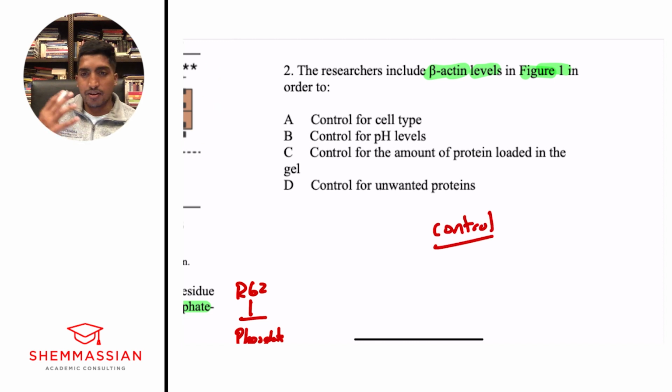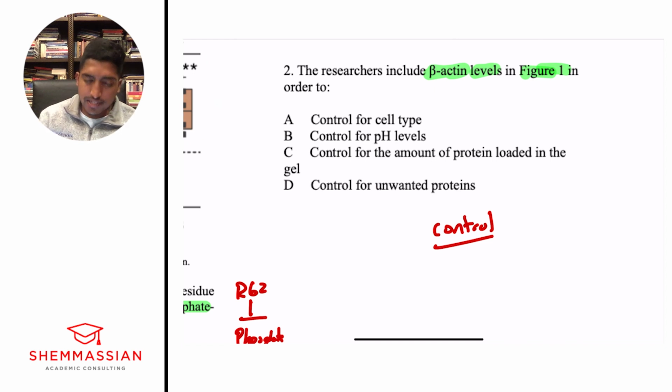Beta-actin is a special type of molecule that is expressed in all cells, regardless of whether there's an experimental modification, something that changed the cell. It's pretty much always going to be measurable. And so why do we use beta-actin as a control? It's always going to be expressed to a certain level as long as you have cells there. So if we have one cell, we'll have a certain amount of expression of beta-actin. 10 cells will have more expression, 50 cells even more. And so that's what I want you to think of it like. It's an always existing molecule that will quantify the number of cells in our